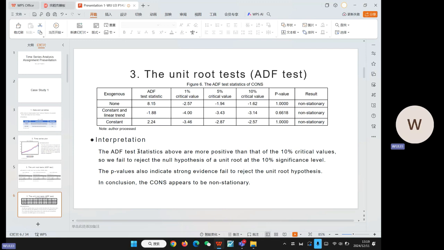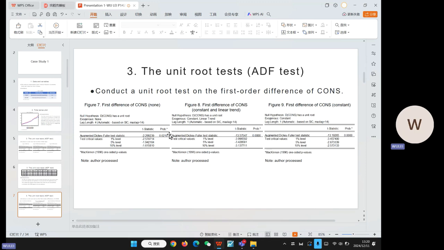The p-values also indicate strong evidence to not reject the unit root hypothesis. In conclusion, cons appears to be non-stationary,